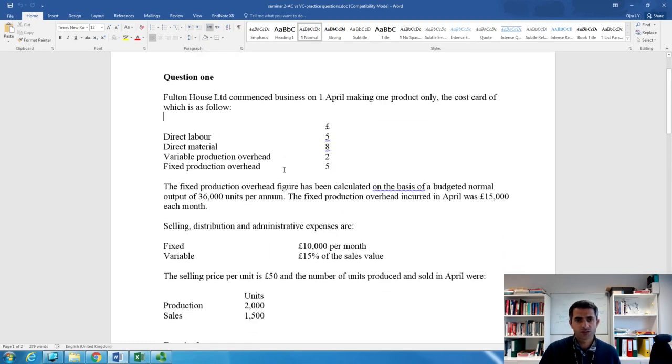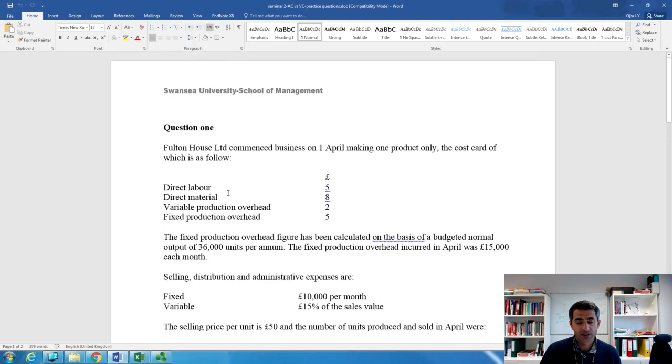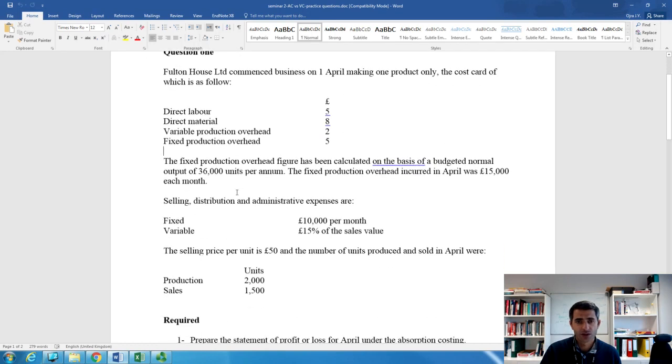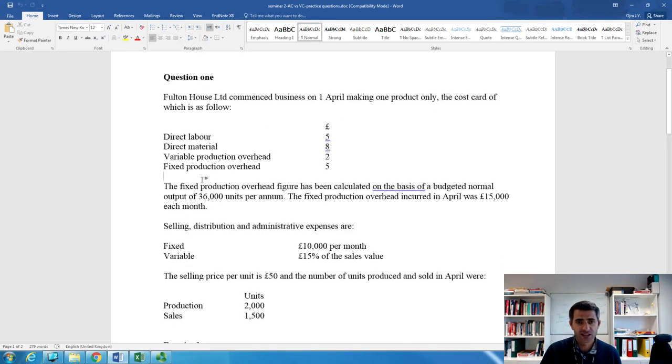So the question gives you more information in order to prepare the statements, and I assume that you've read the question and also attempted the questions. So we'll look at the answers quickly so you can see if you have the wrong or the right answer here. So now if we start the first statement here,